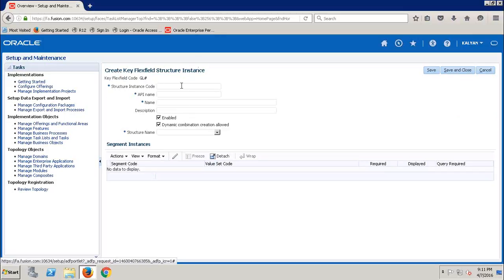In EBS we directly use the chart of accounts, but here we cannot use the chart of accounts directly as part of the primary ledger definition. You can only use the structure instance, which is created against the chart of accounts. I'll give the structure instance name as TCS accounting instance. It will take the same as an API name, and here you can give the actual name. The above one is just the code. The name I'm giving is TCS accounting